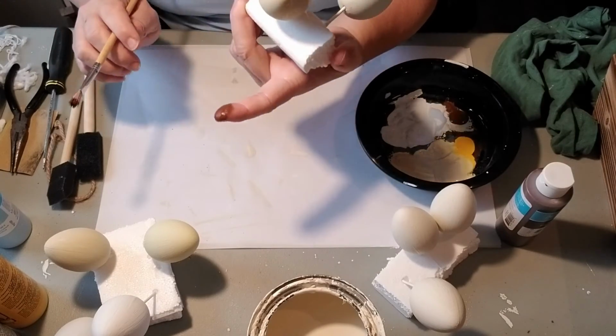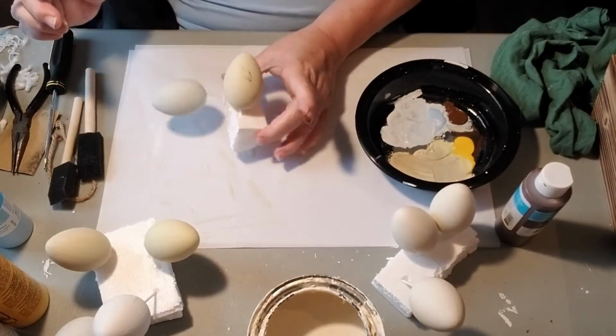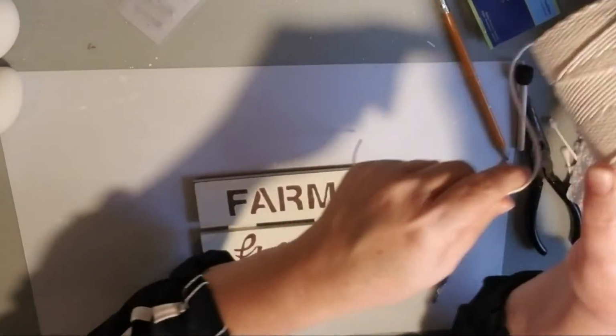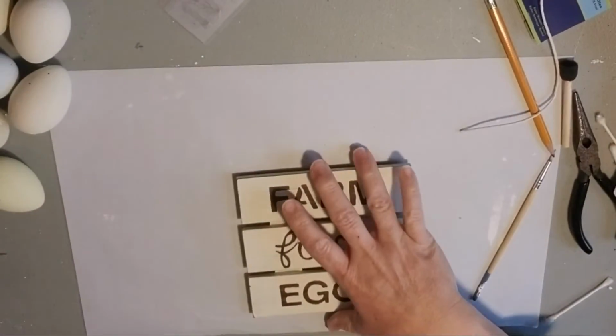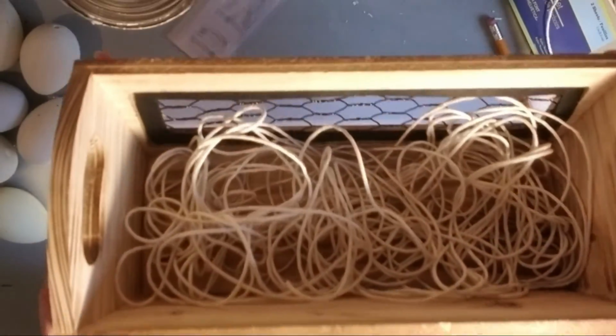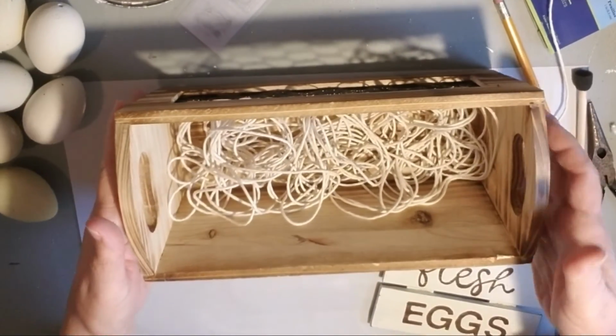It's a little hard to see the paint splatters, but I wanted it really fine. You can see there's a bit of a chunk there. Now I have everything ready to put together, and I'm not an excelsior fan, so I decided to just take some of that jumbo butcher twine and unroll a whole bunch of it and just kind of pile it into the bottom of the wooden